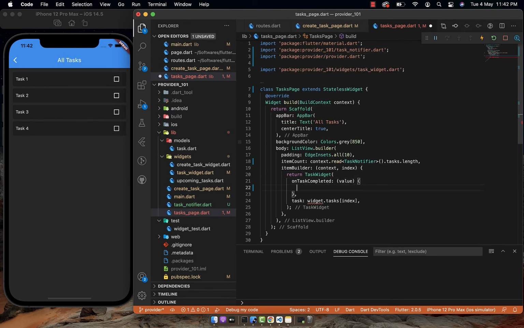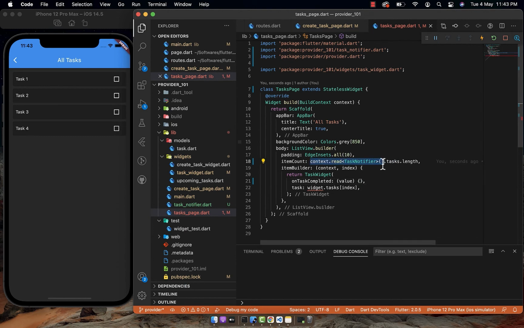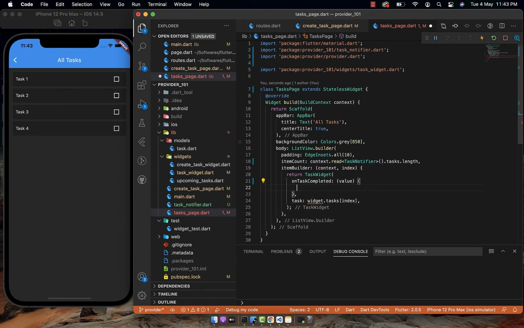We have one functionality though. Whenever I am marking this task complete, we have to call the modify task state method of task notifier. Now inside this task widget, I want to pass a single task. So that also I'm gonna get using context.read.